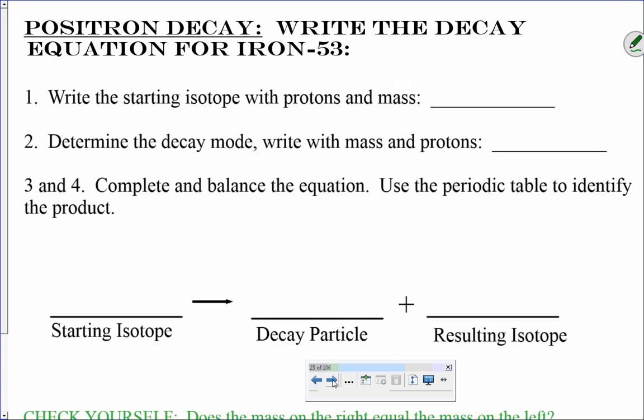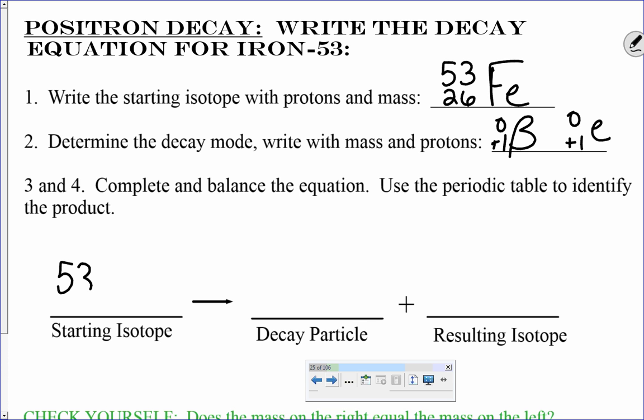Last but not least, there's positron decay. We're going to write the positron decay for iron 53. Now, positrons have very similar notation to beta particles, except for the slight difference that the bottom number is written as a positive one. And it is important to show that sign and really differentiate this from a typical beta particle. So iron 53, again, this has 26 protons, which you find on the periodic table, is going to decay, and it's going to give off a